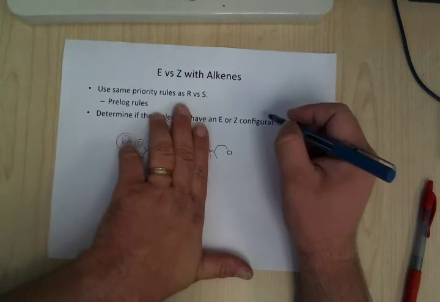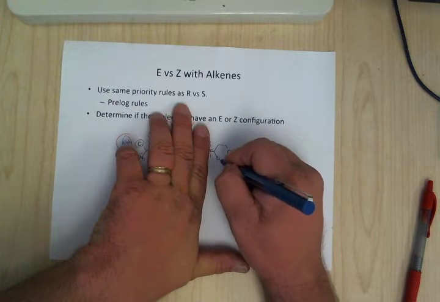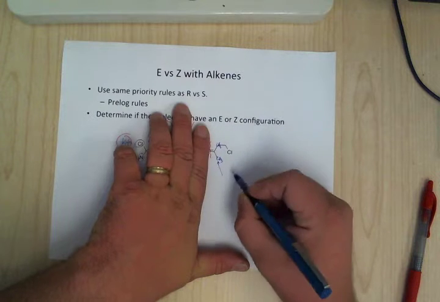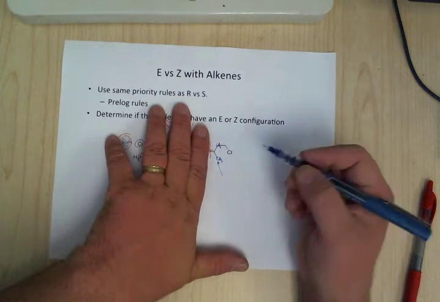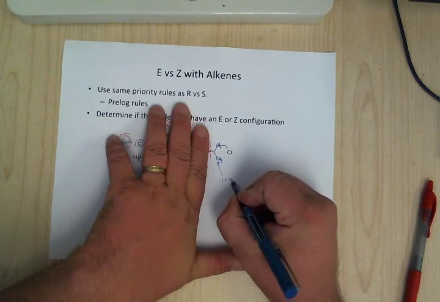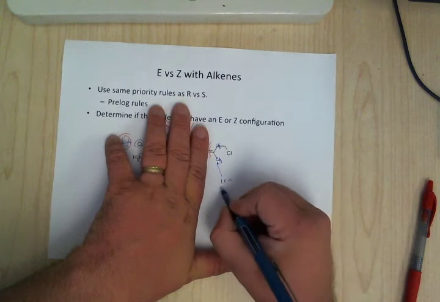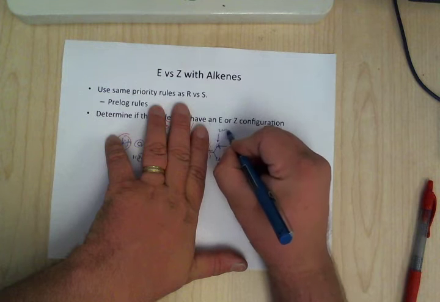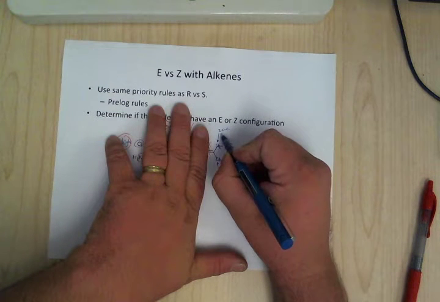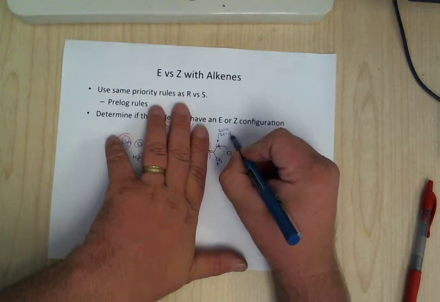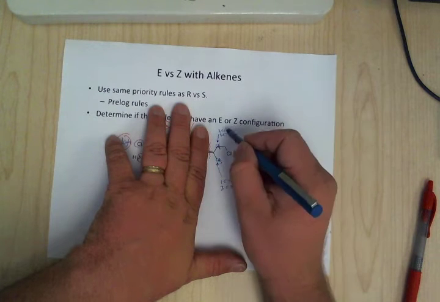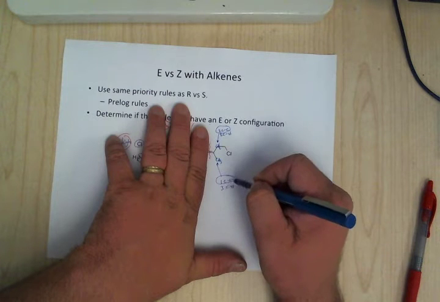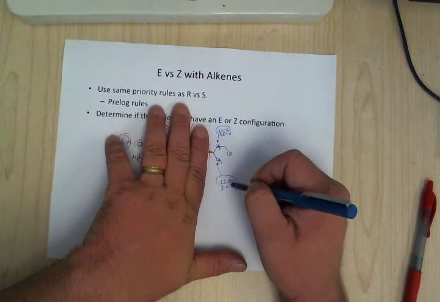Okay, so now we look on this side. So this is, again, CH3 versus CH2. They're both carbons, so we have to look at the bonds. So this is 1 carbon-carbon bond, and 3 carbon-hydrogen. This one is 2 carbon-carbon, versus 2 carbon-hydrogen. So they're both, the heaviest bond is carbon-carbon, but this has 2, this one has 1, so this is going